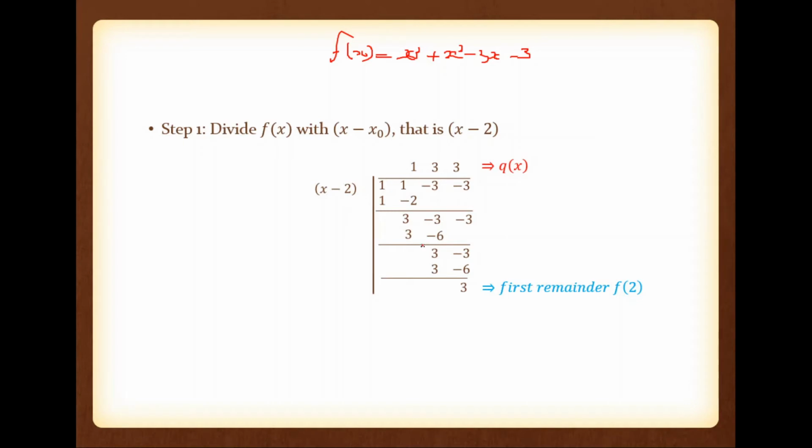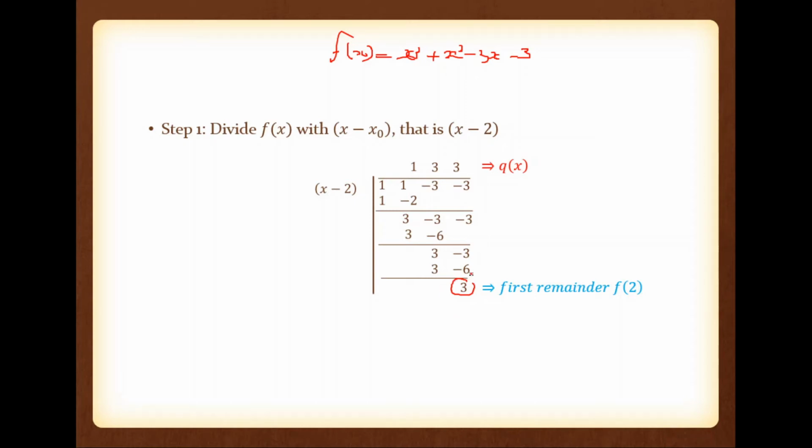So now what is remaining? We have 3x, and drop down this, so minus 3. Now this is 3x, this is x, so we require 3. So 3 into x, 3x, 3 into minus 2, we have minus 6. So what is the remaining? 3. Please note, if you are dividing f of x with x minus 2, we have a remainder 3. And the interesting thing is, if you substitute this 2 into this equation, what we have? 2 cube plus 2 square minus 3 into 2 minus 3, exactly equal to 3. So this 3 is nothing but f of 2. Okay, so this is known as the remainder theorem.